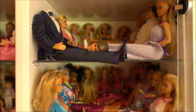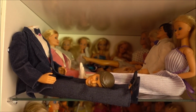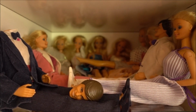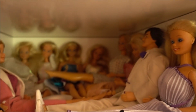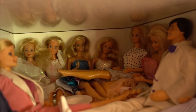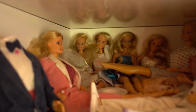The second shelf is also dedicated to 80s Barbies. I originally wanted to collect only the 90s Barbies, but somehow I came across these 80s dolls and now they're part of my collection and I'm super proud of them. So here we have Crystal Ken in this white suit. We have a lot of other dolls, and here we have Day to Night Barbie, and we also have